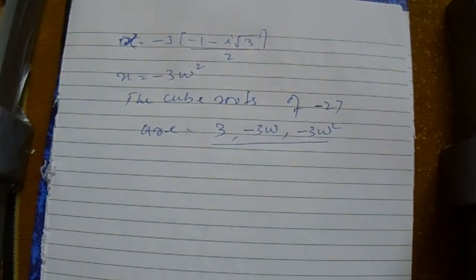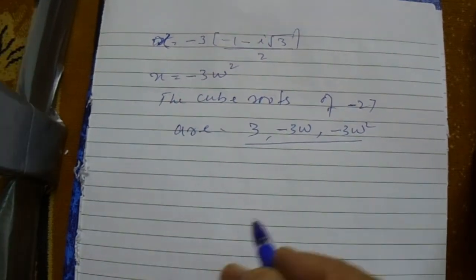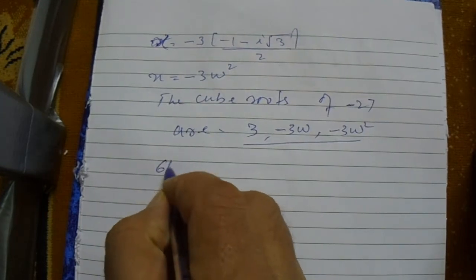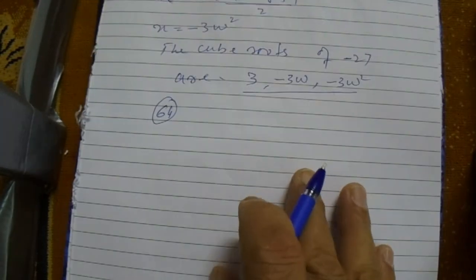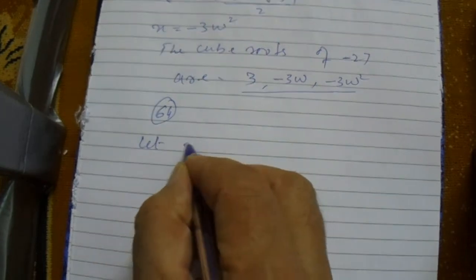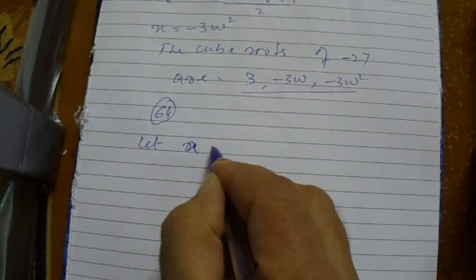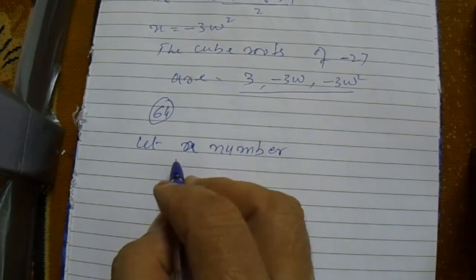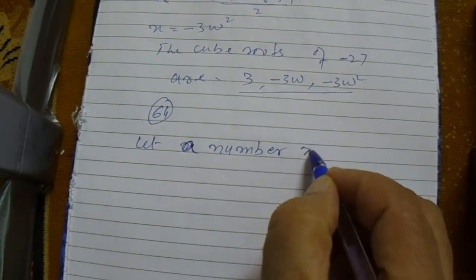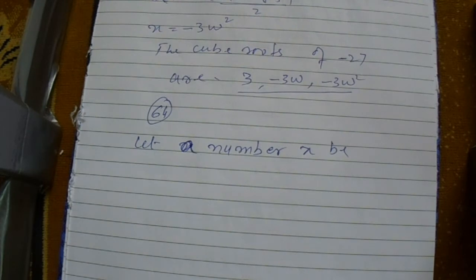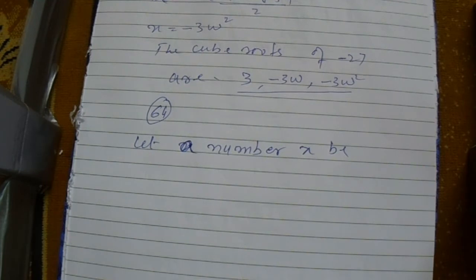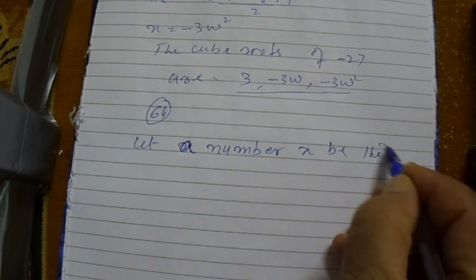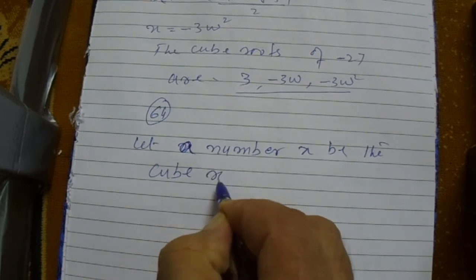Now we write the 24. Now we solve the 64. Find the cube roots of 64. Let a number x be the cube roots of